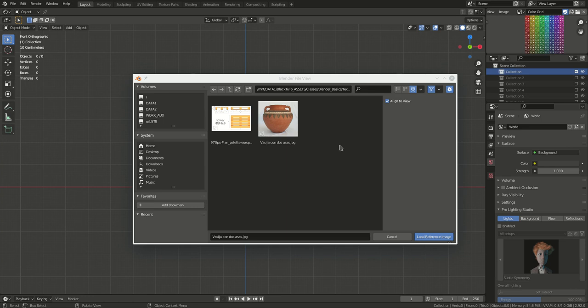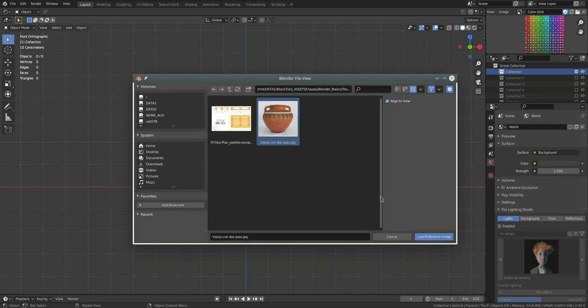We may need to model a base object, which is going to be this in our case, and then we need copies, but once we have the copies we need to make slight adjustments to each of them. So that's a situation that we may find ourselves in, and that's what we are going to see how to proceed. So I am loading this as a reference,